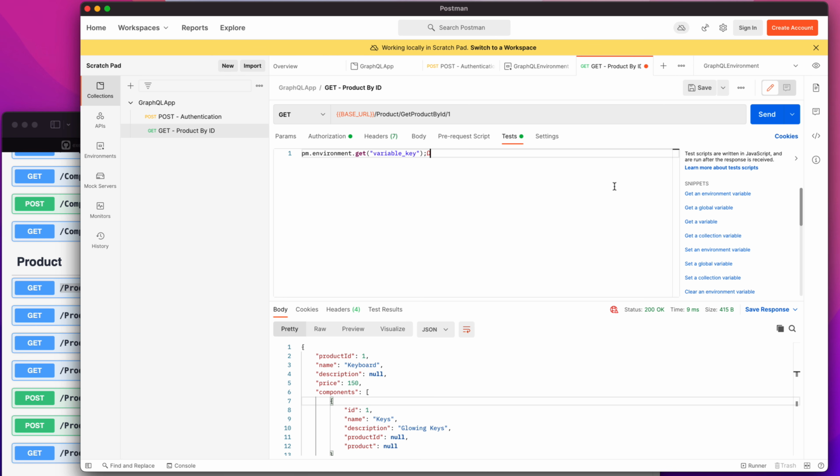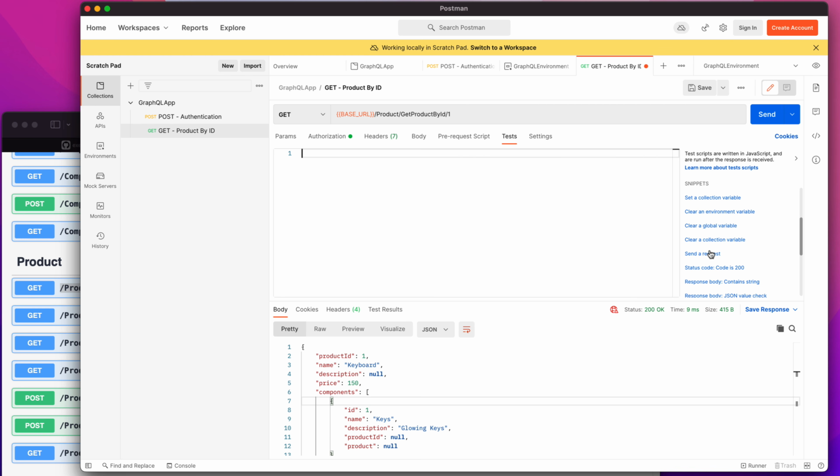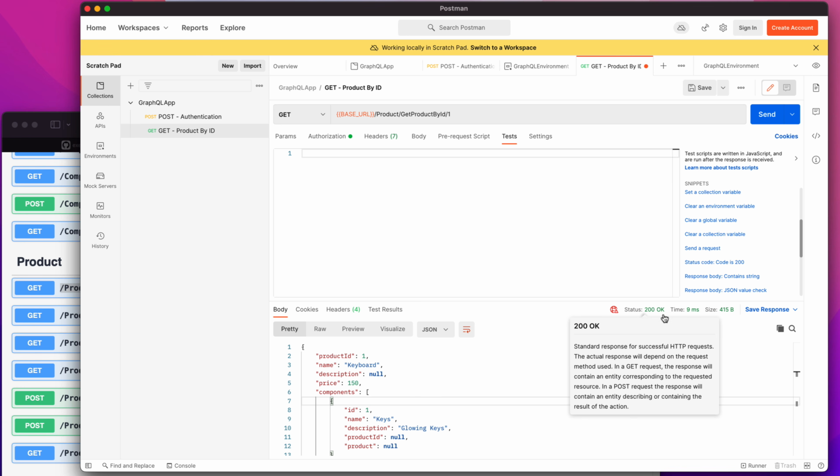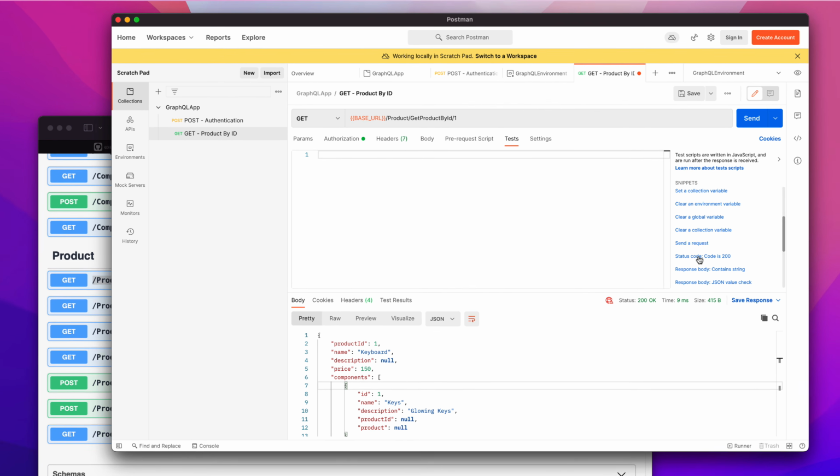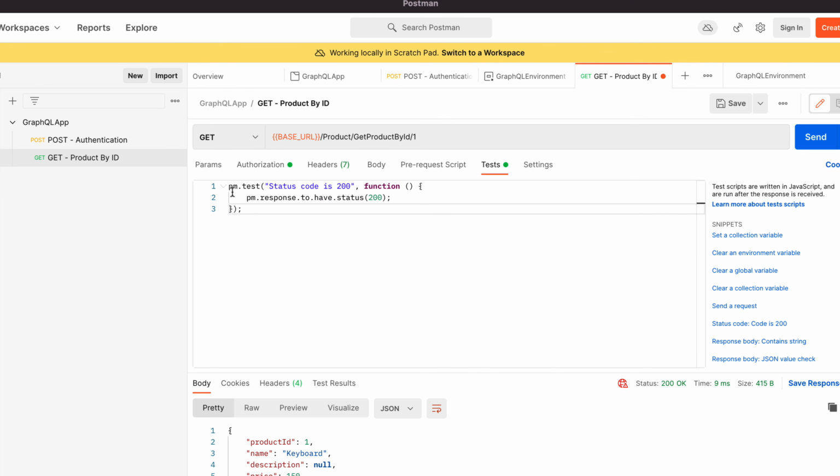And similarly, you can do something like get a global variable. You can get that. Similarly, get a variable. And similarly, if you want to see how you can verify a status code, which is going to be 200, because as you can see, this response is 200 for us, which is okay. While I do a get operation, if I want to see the status code as 200, I can just click that and you will see that it is actually writing some code for us over here